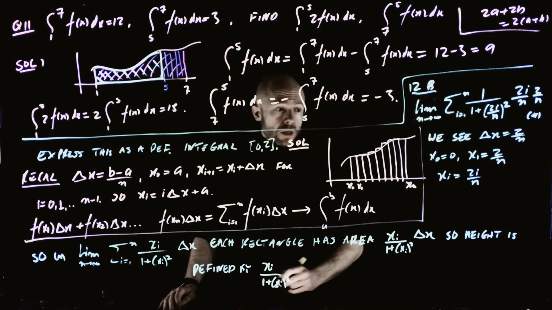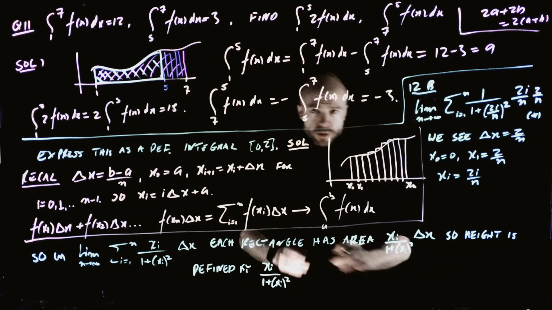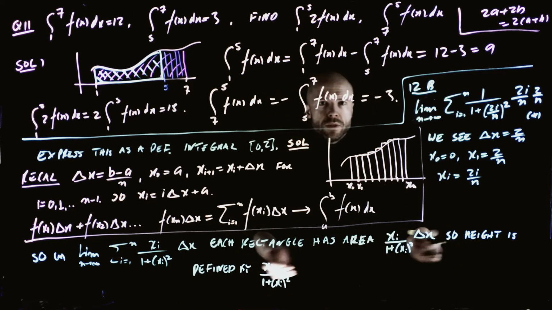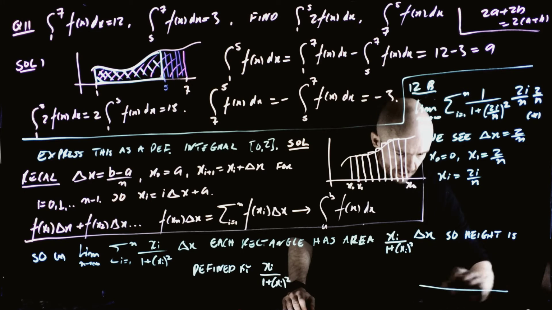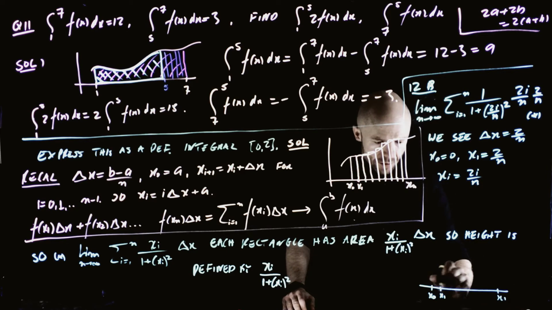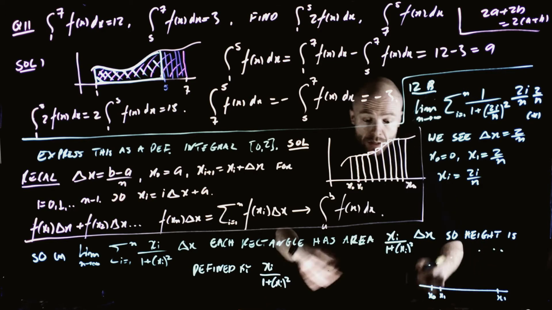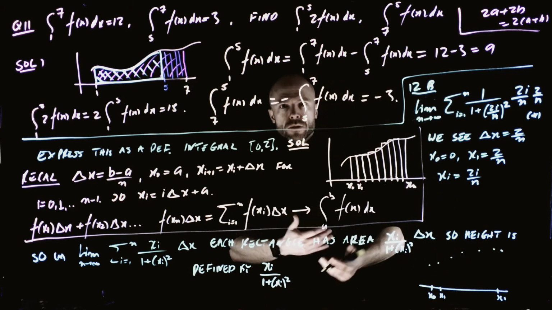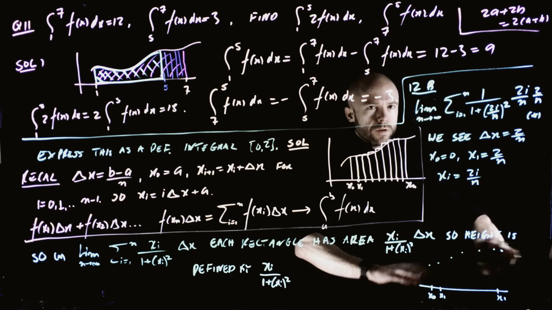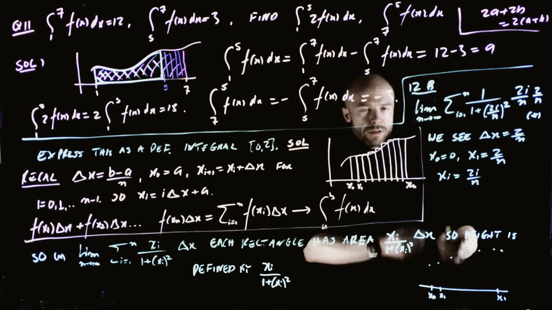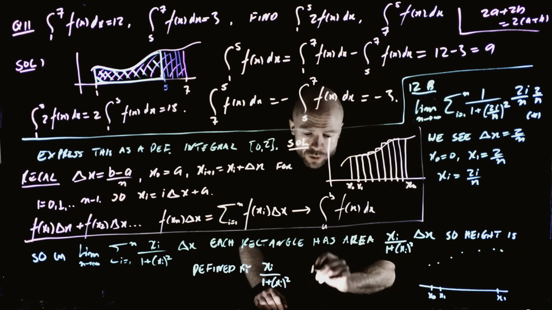So we've broken up this interval 0 to 2 into these individual pieces like this. This here is xn, right? The base is delta of x, and the height of each rectangle is given by this thing. It should therefore be clear to you that the function that we are approximating the area underneath the graph of therefore has to be